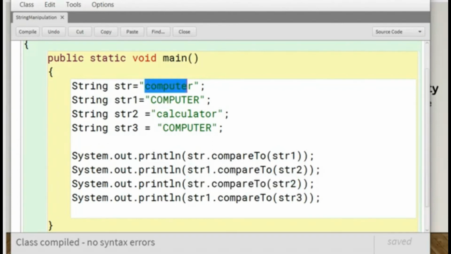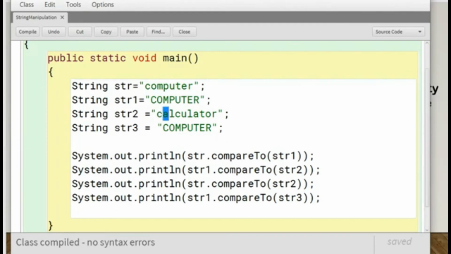The third one is where we are comparing str with str2. The first character of str is small c, and the first character of str2 is also small c, so both ASCII codes match. When the ASCII codes match, the compare function checks whether the next characters are equal or not.